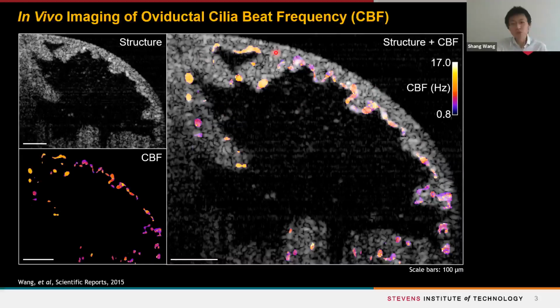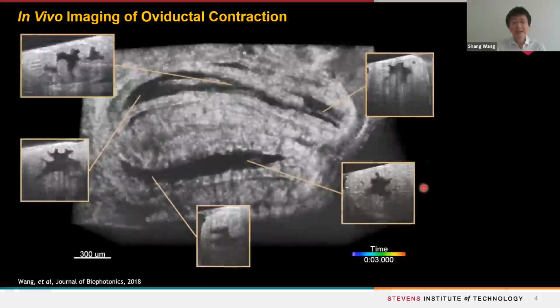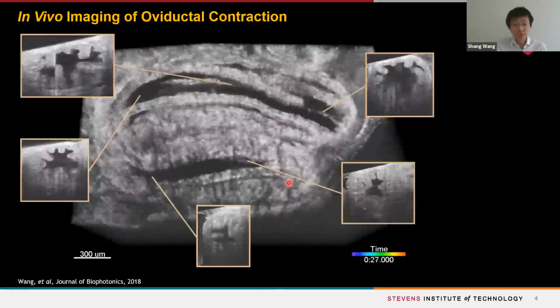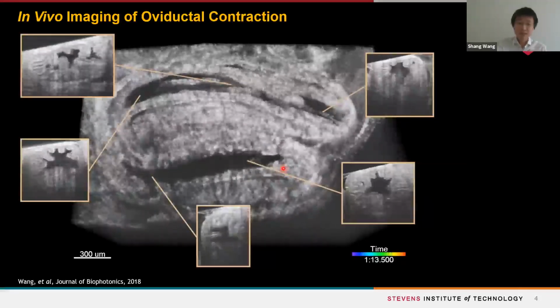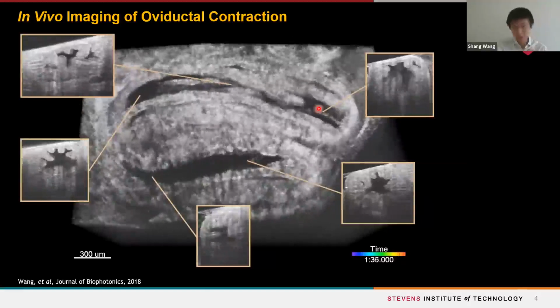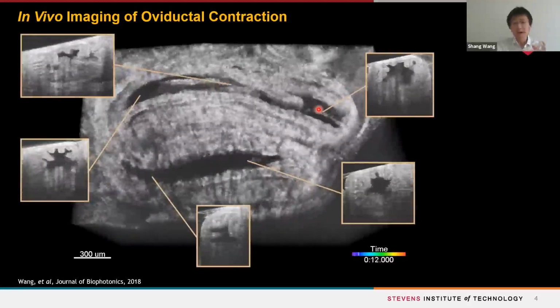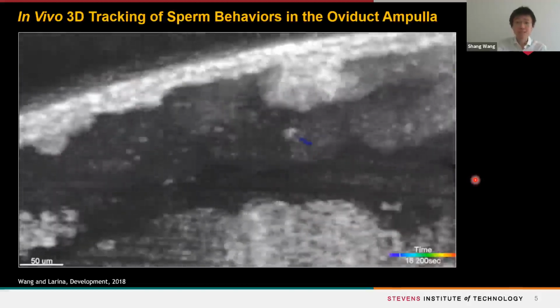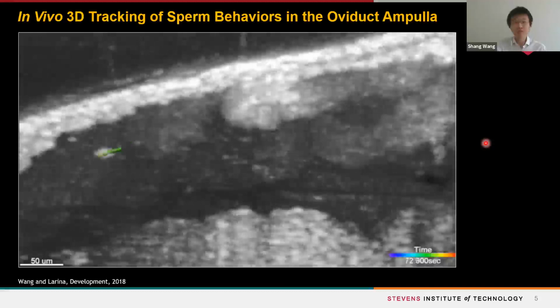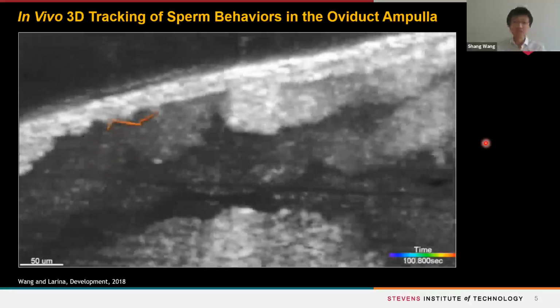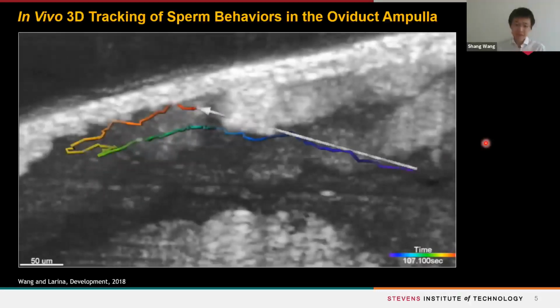This includes, as shown here, microscale mapping of the cilia beat frequency on the luminal epithelium, in vivo 3D assessment of the oviductal smooth muscle contraction and contraction wave propagation, as well as in vivo 3D tracking of sperm inside the oviduct ampulla, showing a number of never before seen sperm behaviors